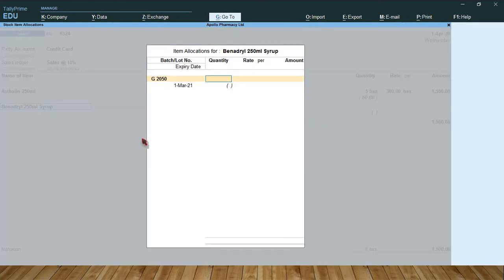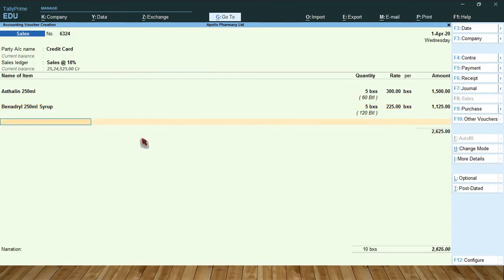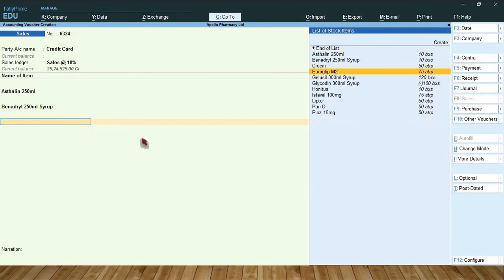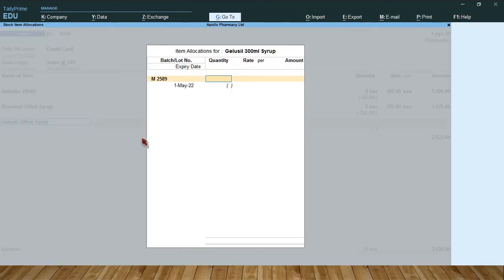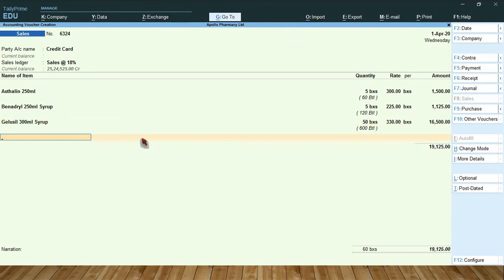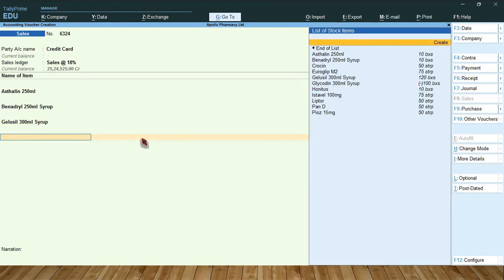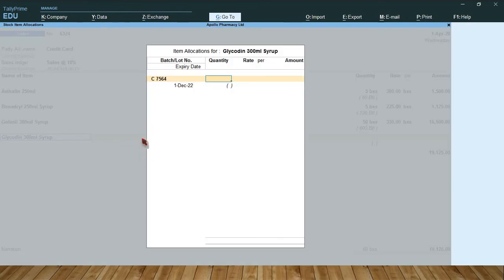Benadryl 5, Gelusil 50, $330, Glycodane 50.